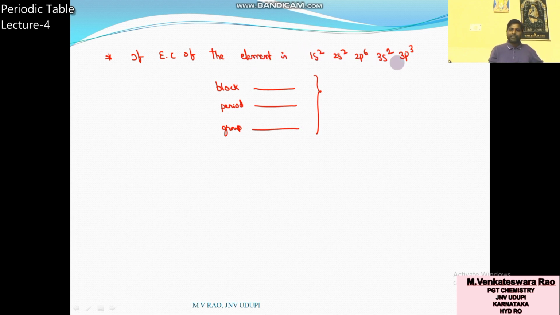So for answering all these things, just underline valence shell configuration. So check the principal quantum number here. Highest principal quantum number, n max, you compare with n max 3p3. So highest principal quantum number is 3, its period is 3. Last entered electron is present in p, so it belongs to p block. How many electrons are there in valence shell? 5 electrons. 2 plus 3, 5. Its group number is 15.